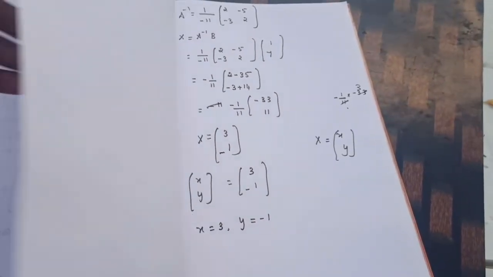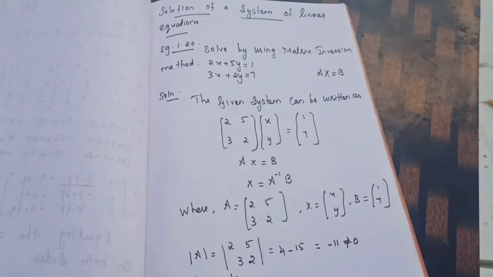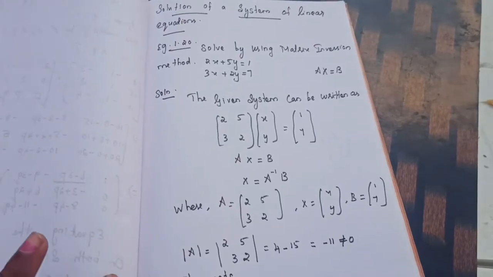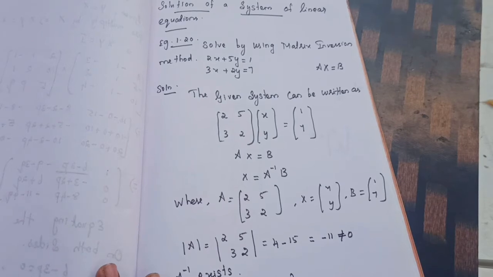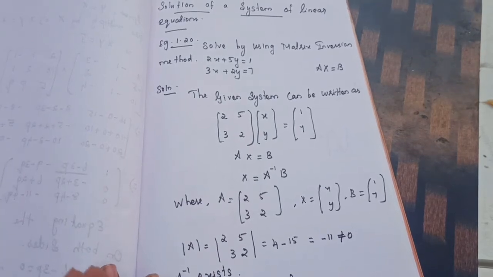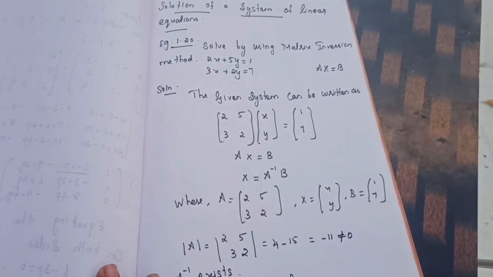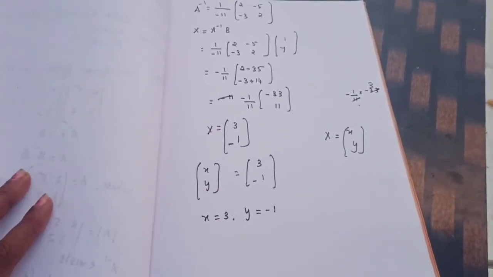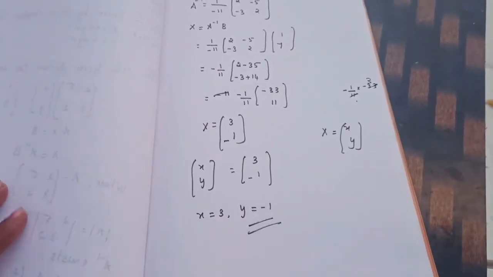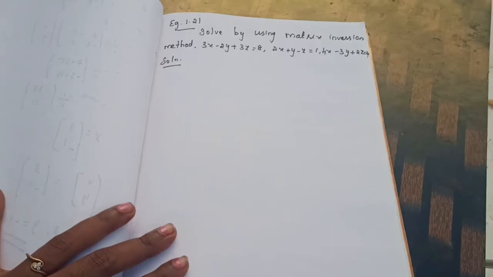So very easy. Only one thing: first you need to write the given equation in the form of a matrix as AX is equal to B. Afterwards keep X on that side and bring the A to that side. So what will happen? X is equal to A inverse of B. Afterwards find A inverse separately. Then A inverse and B you can multiply. Then find out x and y values. Understand? I hope you got it. Let's move to the next problem.